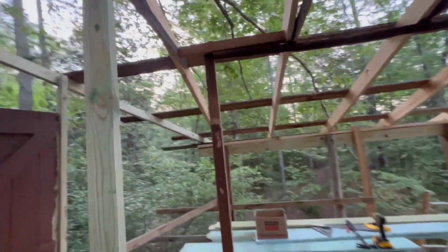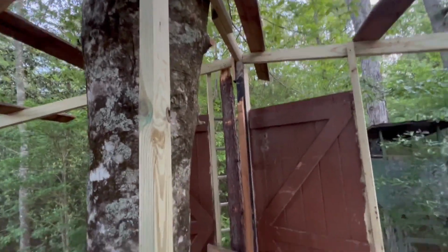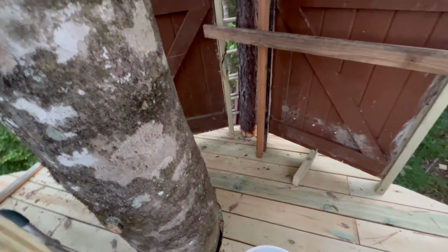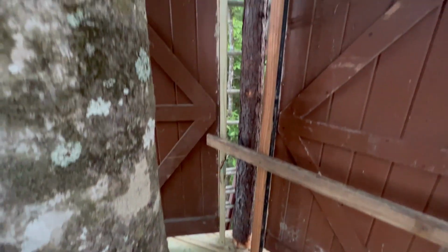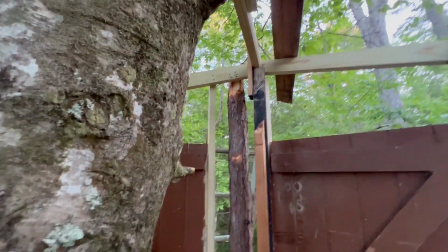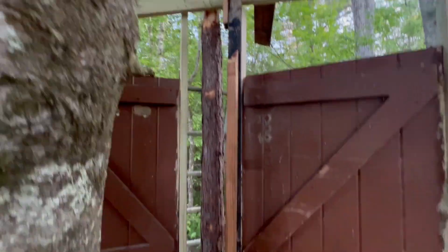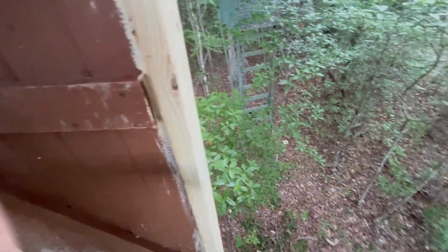On this side, I was able to line the ridge up with my plywood aid, but then it didn't line up with the structure because the structure is very random. So I put the pine tree post on the corner of the structure, and it came out kind of offset a little bit. And then I did the best I could to line up these wall panels. This has to come down. This is temporary. And now it's much less scary on this edge because we have some handrail, even if it's